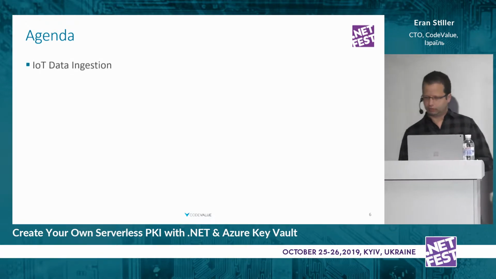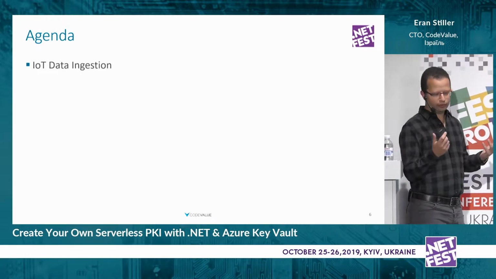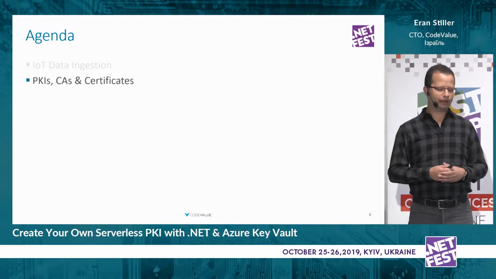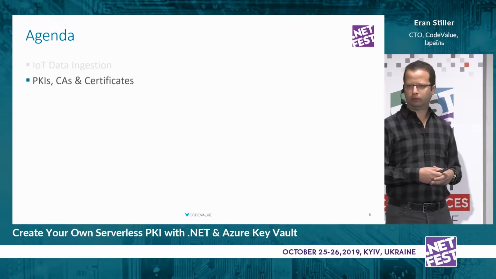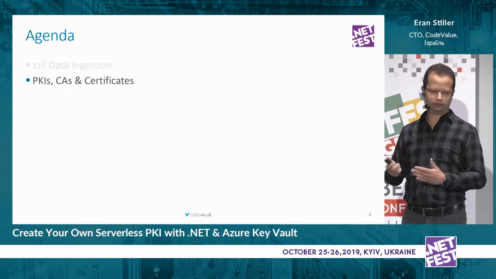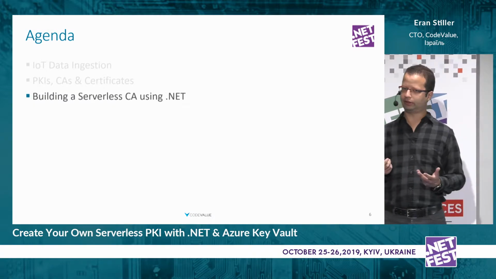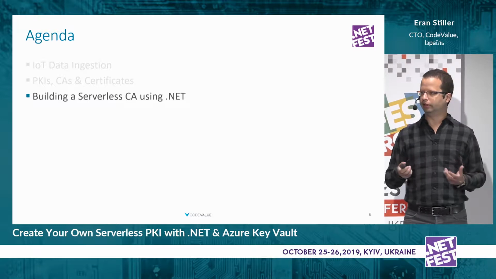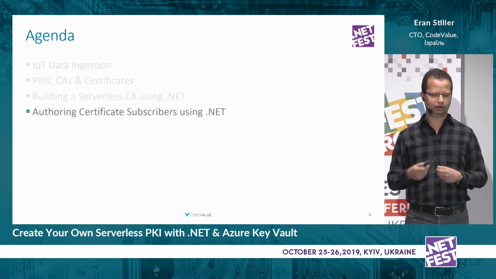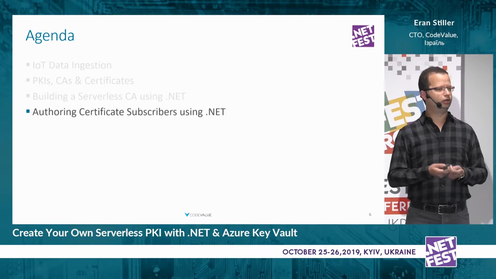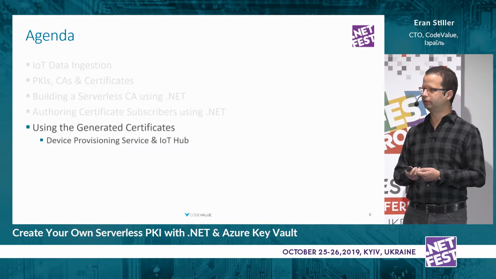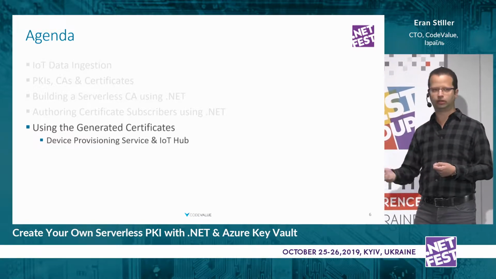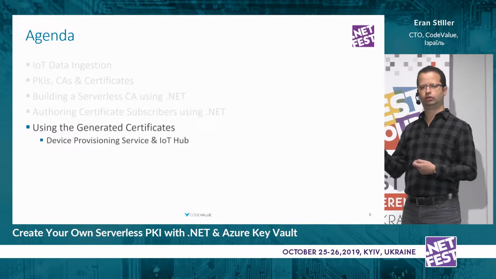So today, we're going to start off with talking about an overview of what is an IoT system, an IoT data ingestion. We'll talk about it in a minute or two, no more. Then we're going to give a quick overview of what's a public key infrastructure, or PKI, what are certificate authorities, and what are certificates. And for the majority of the session, we'll talk about how do we build a serverless certificate authority using .NET, how do we issue certificates from the certificate authority, and eventually, how do we use these generated certificates in order to confidently and securely send data from the devices to the cloud,